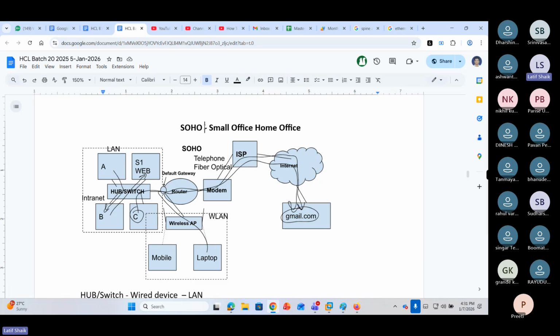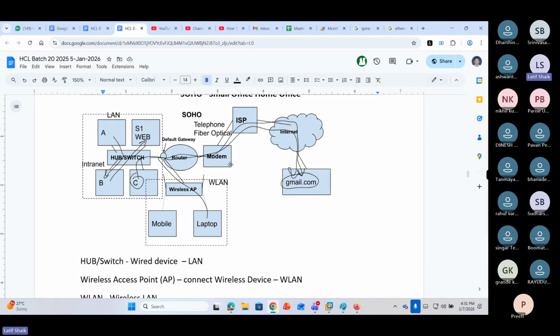Okay, so you are connected to the ISP, but how will you connect? There is a device called a modem. With the help of the modem, from your home the modem is connected to your ISP using telephone cable or fiber optical cables. In some places we use basic UTP cables also for certain types of ISPs. Depends upon the ISP, we will connect it. So from our side, it's a modem. From the modem to the ISP, we are connecting to get connected to the internet. So you got internet up to the modem.